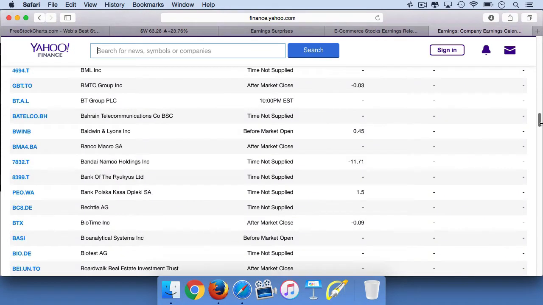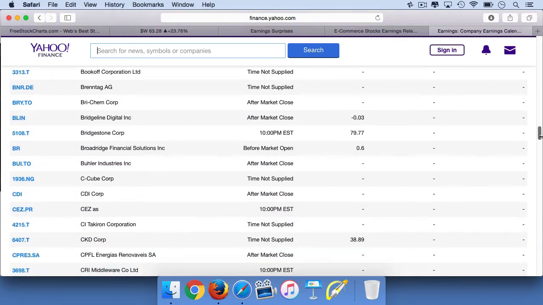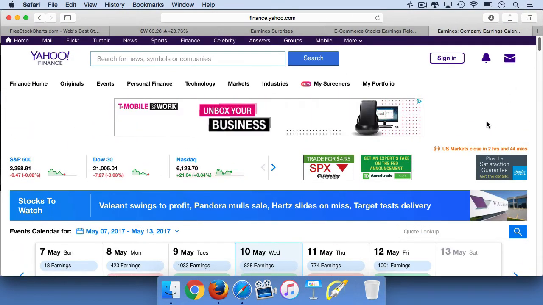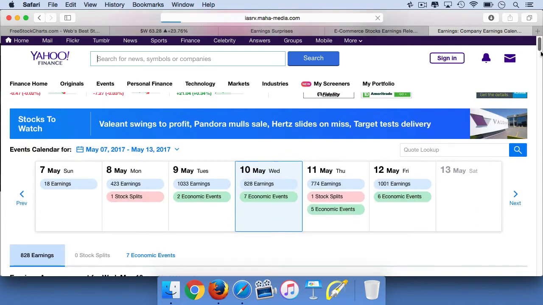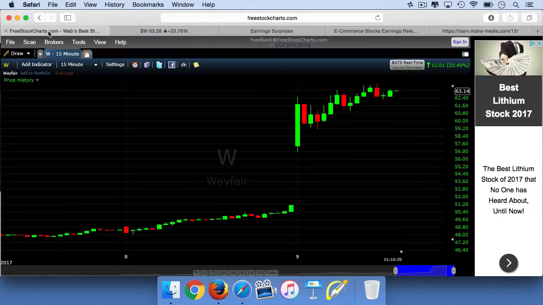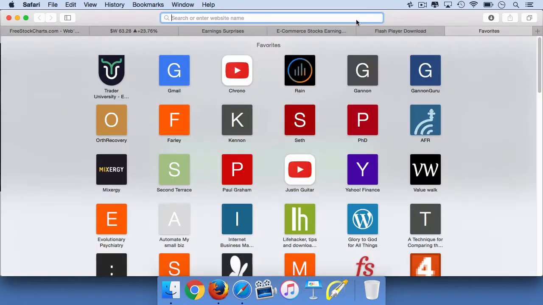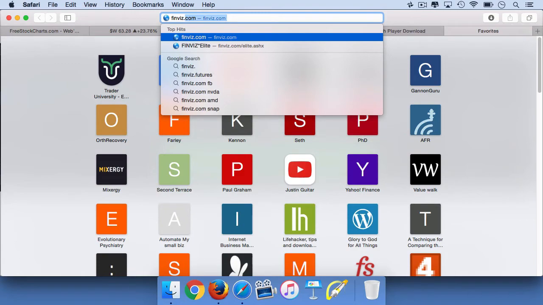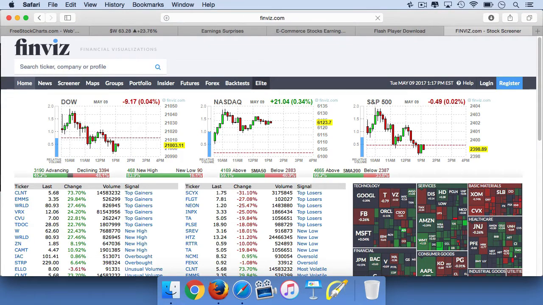Now there's obviously quite a few here. That's why it's often quite useful to wait to see stocks that are moving. Because it's not enough just to report amazing earnings or terrible earnings. We want to see the stock actually gapping. Now, another way to do this is we can go to Finviz, FINVIZ.com. This is a great website. You go to,